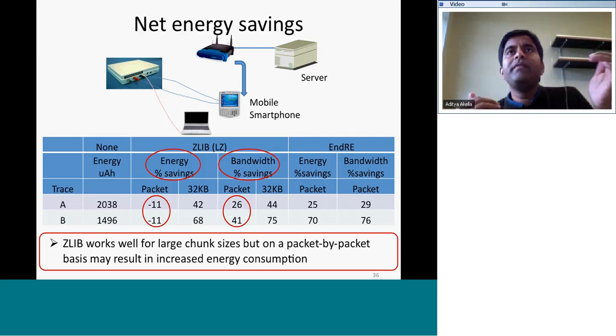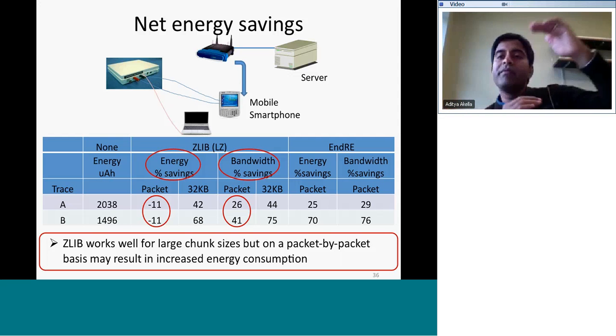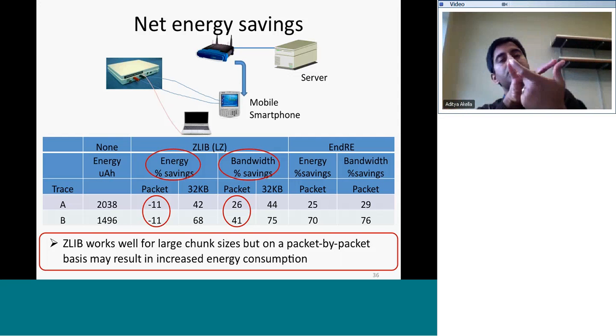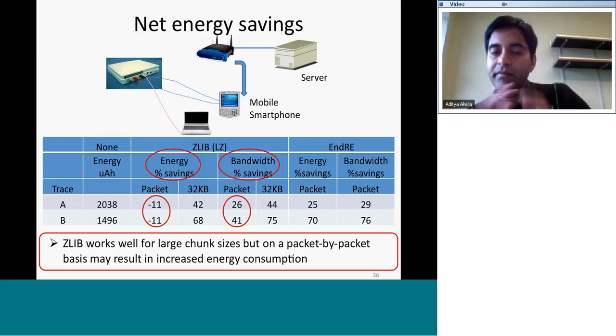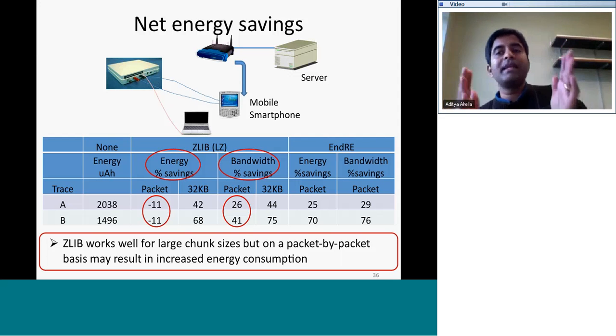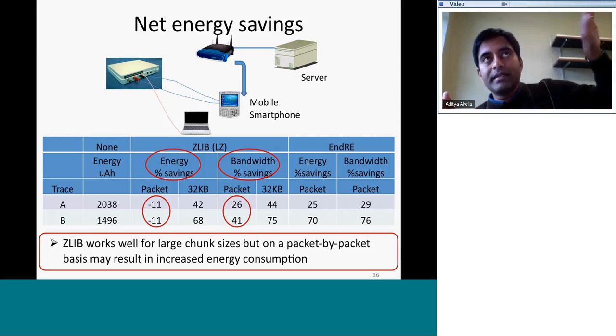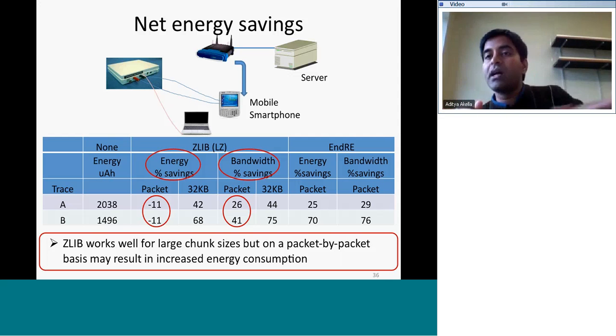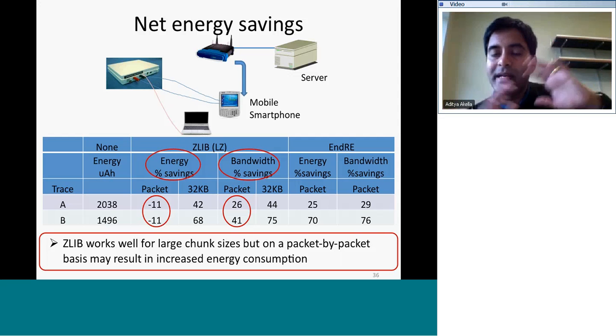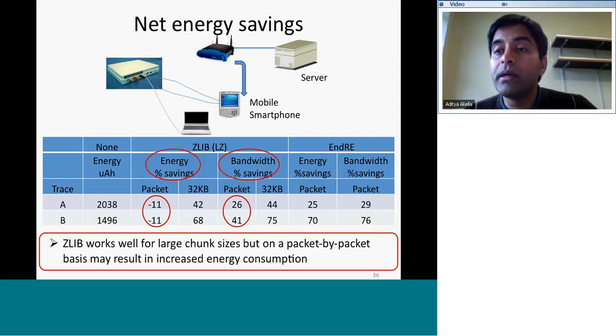And so the way we adapted this in our scheme is, you remember we had the socket layer implementation. So the socket layer would buffer data, and it would wait for some fixed amount of time, or something like 10 kilobytes of data to be accumulated, whichever happens earlier. And once that happens, you use EndRE and send it off. But if there is some background transfer happening that is exchanging a large amount of bulk data, then you trigger zlib based schemes to compress that data. So that's sort of how we ended up deciding that would be the right way of doing compression.